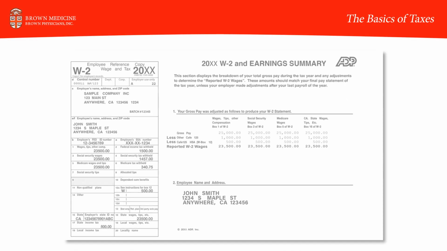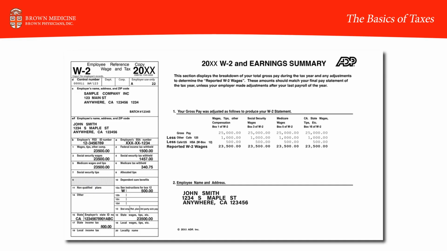Okay. And the last form is really the W-2 form. And that's when you are an employee. That's going to show basically your gross wages that you receive during the calendar year. It's going to show all of your withholding, federal and state, as well as Social Security and Medicare as well. And we'll go into that in a little more detail.